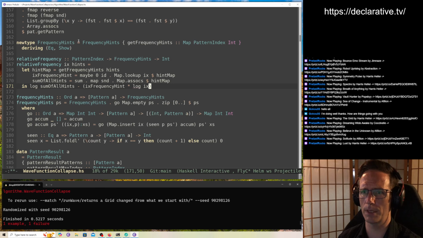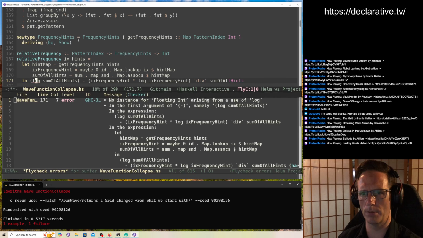Log of X frequency hint divided by the sum of all hints. Probably going to want truncating division. And that's probably, yeah,